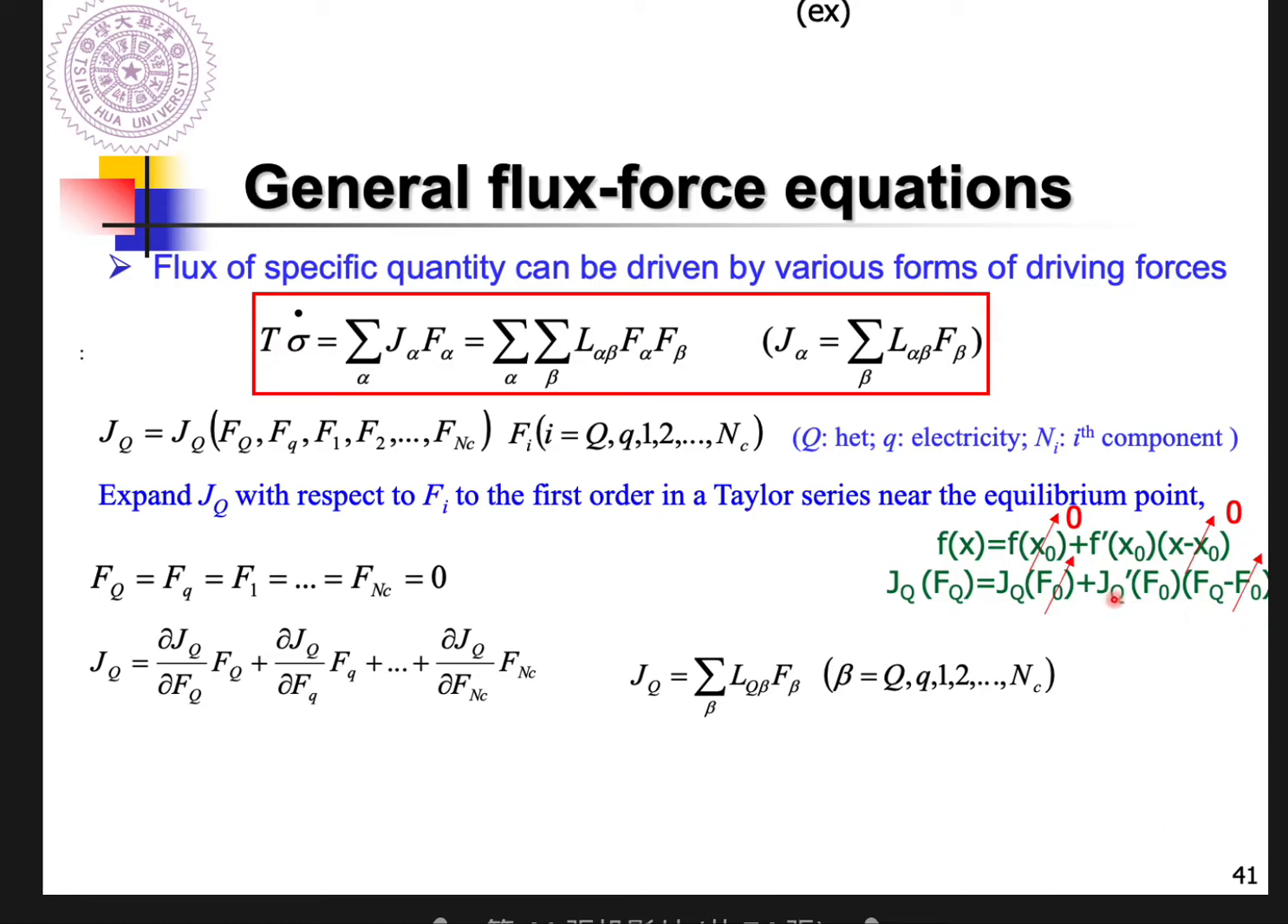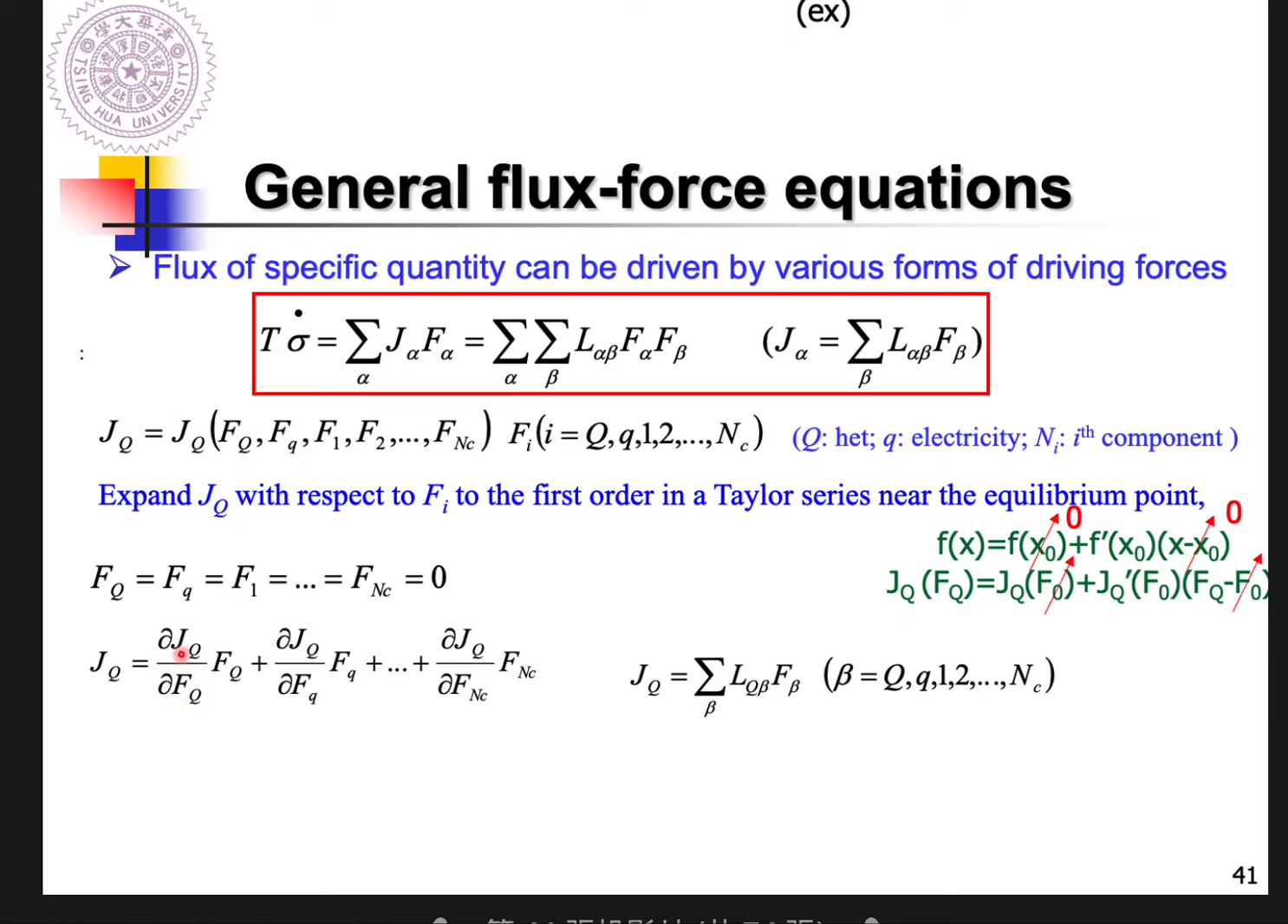JQ prime actually is partial JQ, partial FQ, right? And times FQ. So if you compare with this term, this is JQ prime, right? So we do the same if we consider other driving forces, and you just sum up all driving forces as the following, so you will get this one. So the heat flux can be expressed like this: driven by F capital Q,